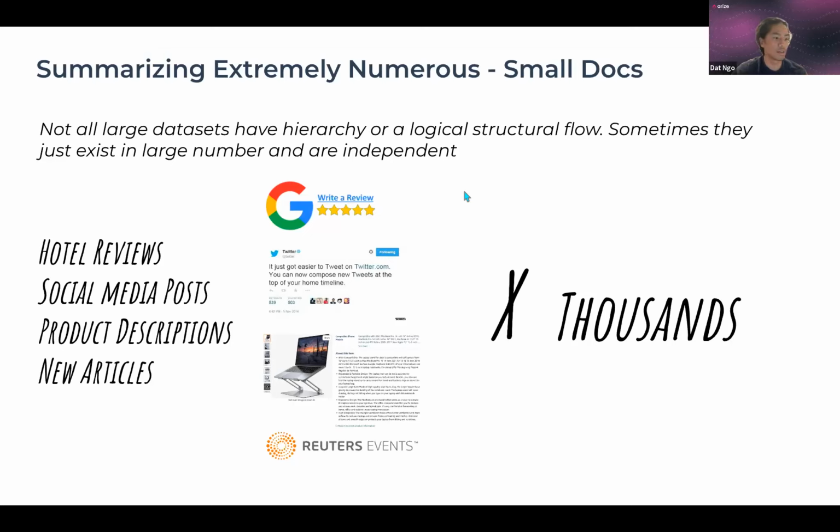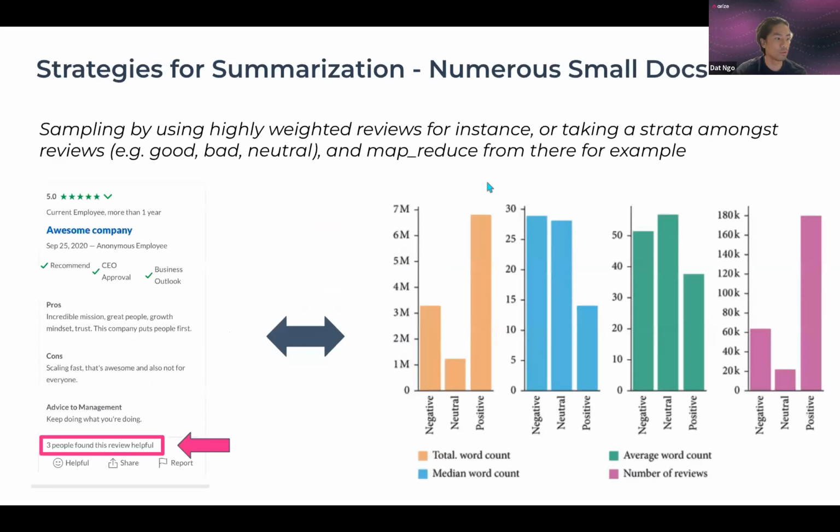On first iteration, we've seen a lot of people just choose random reviews or product descriptions, and then try to summarize off that. I think random is a really good start, but there are other ways that are maybe a little smarter. What you're trying to capture should determine the strategies presented here. This is an example of a Glassdoor review: instead of just randomly choosing a bunch of Glassdoor reviews to summarize how it is working for this particular company,